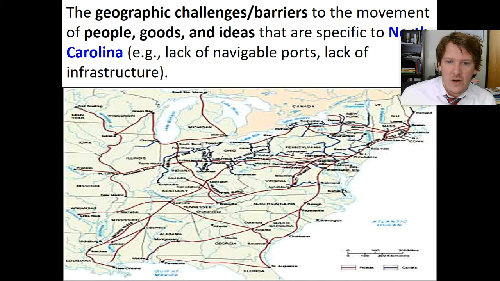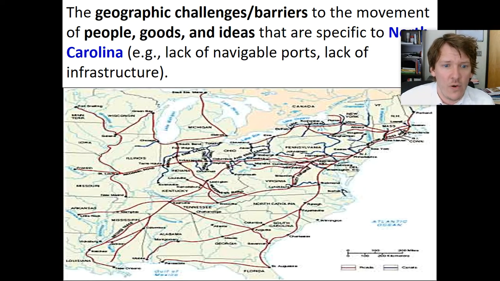Lack of roads, I've already talked about that. Again, not very many roads in North Carolina. And unfortunately, that's the job of the government. Some governments, like I said before, Kentucky and Ohio and these northwestern states, they're proactive. They spent taxpayers' money and they realized we need roads, we need canals. That will increase business. If you can ship goods, you can sell goods, you can buy goods. It's going to increase the flow of people, the flow of ideas, and we will become more advanced.